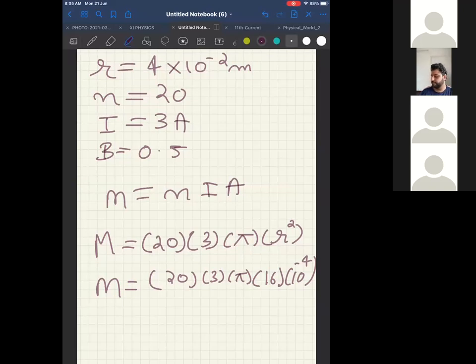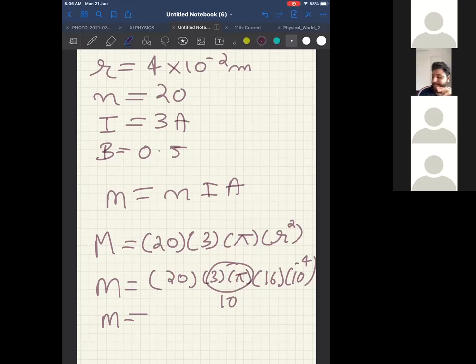Listen, I'll do one shortcut. If I look at the options, it is 0.1, 0.3, 0.45, 0.6, which means I have a good number of degrees of freedom. In the sense I have good leeway to approximate. Now, can I say 3 pi, I can take it as 10? Think about it. That itself will make your answer direct.